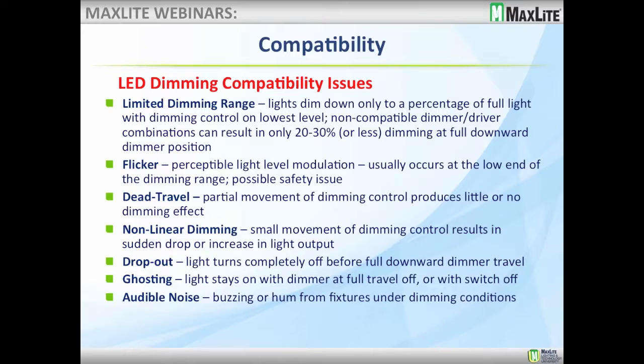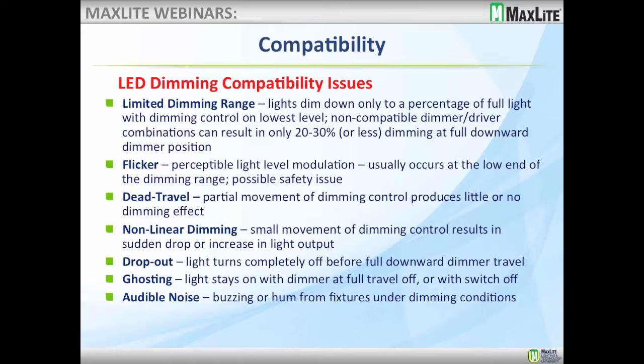Flicker, we talked about before, especially in triac dimming situations, where you're chopping up the waveform in order to get the light to dim. If you chop it up too slowly, or if the LED is very, very sensitive, you could have perceptible light level modulation, which is flicker, and that can be very disconcerting to the customer. Another thing is called dead travel, where you start off at 0 on your dimmer, and you start to move it up and nothing happens until all of a sudden the LEDs turn on, and that goes to the voltage situation I talked about before. It could also happen at the top end of the travel. If you've got a slider all the way at the top and you start moving it down, nothing may happen for a while,